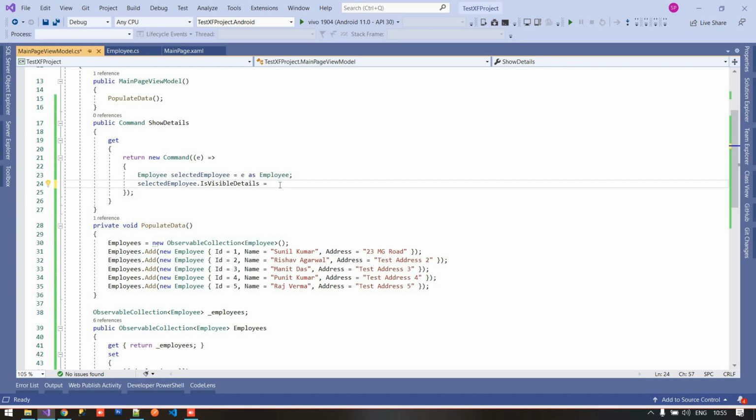If the details are showing and the user clicks on it, it will be hidden, and if it is hidden and the user clicks on it, it will show. So we are using an if else here. If IsVisibleDetails equals true, then we set it to false, otherwise true. Very simple. Now we are going to run our application.